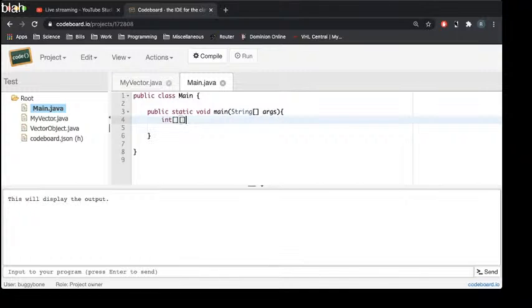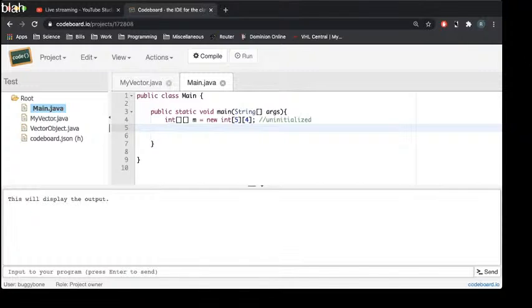So that's a two-dimensional array m equals new int, and I'm going to make it a 5 by 4 array. Okay, so this array as it stands is uninitialized, which means that the values within this array have not been set yet. So I have to initialize it,